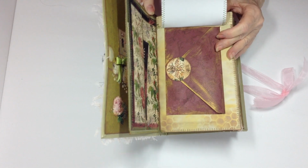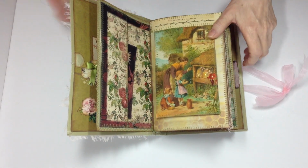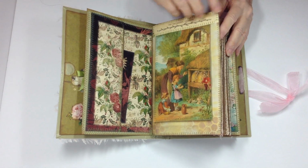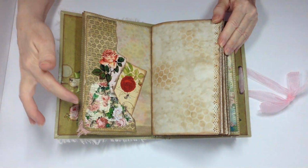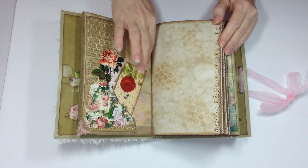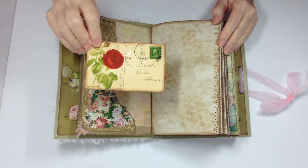I cut that out, put some stickles. There's a lot of stickles in the book. You'll see the sparkle in most places on the bees and that. Here is a pocket that I've added, again, stickles on the bees. Here is a